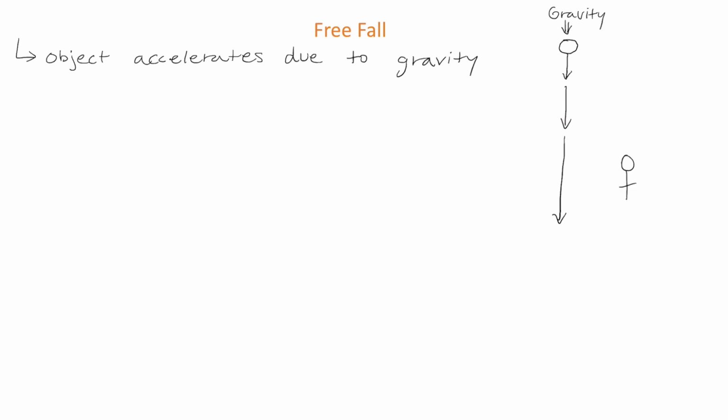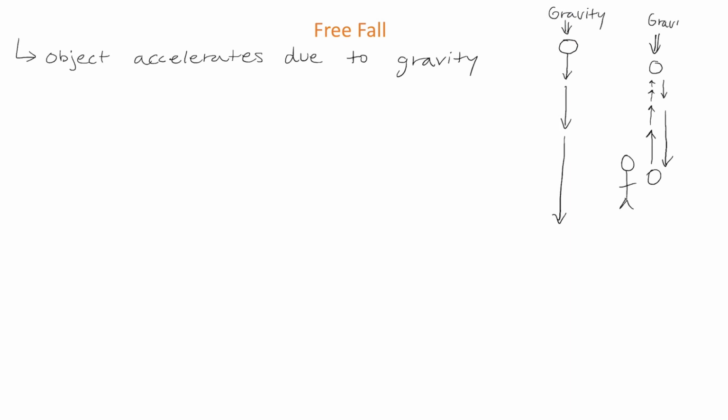Here's another example. Imagine we have a person and they throw a ball up. We know when that ball gets thrown up, it will slow down until it reaches a maximum height, and then it will fall back down to the ground. The second that ball leaves the person's hand, it is in free fall motion, and that's because it's accelerating due